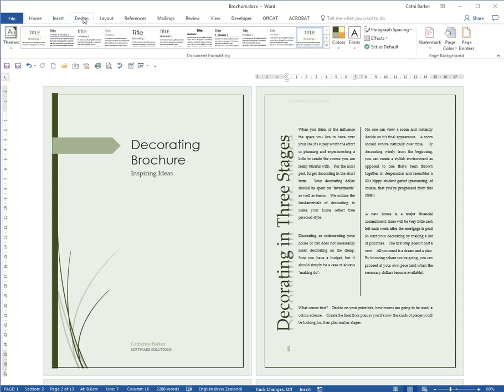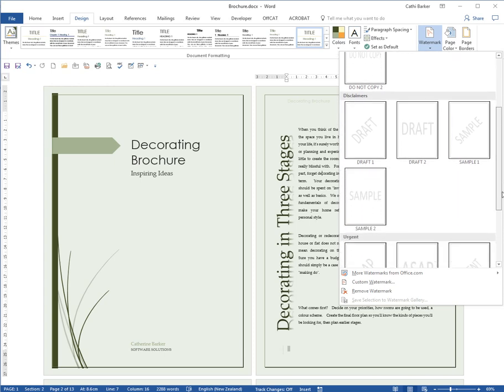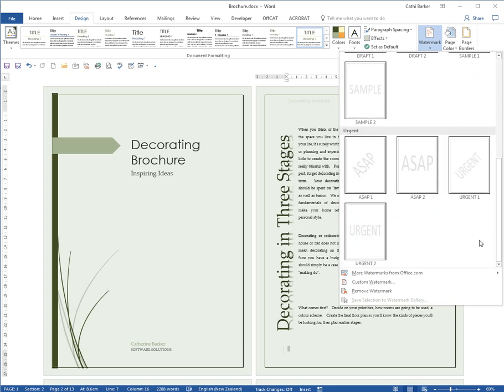to go to Design in the ribbon and choose the Watermark button. Now here is a gallery of the most common types of watermarks you would use: confidential, do not copy, draft, sample, ASAP, and urgent. So you could choose one of those watermarks from the gallery, but I want to create